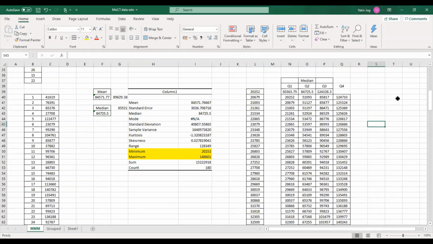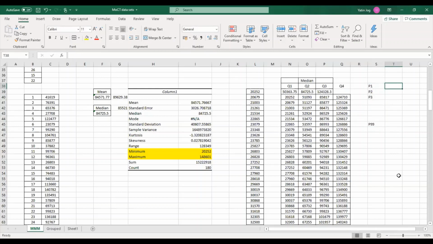Similar to quartiles, we have deciles and percentiles. Because quartiles divide data into 4 equal parts, we have 3 cut points. We have to calculate Q1, Q2, and Q3, which will define your 4 data sets. Correct? In case of percentiles, we will have P1, P2, P3, and likewise up to 99 cut points. These 99 cut points will define your 100 data sets. It will divide your data set into 100 equal parts.